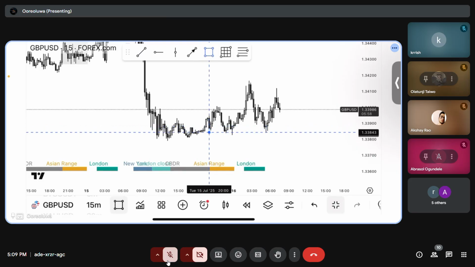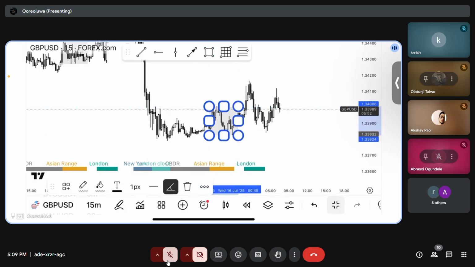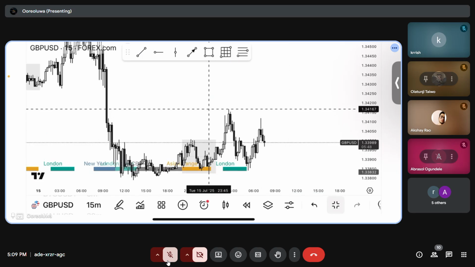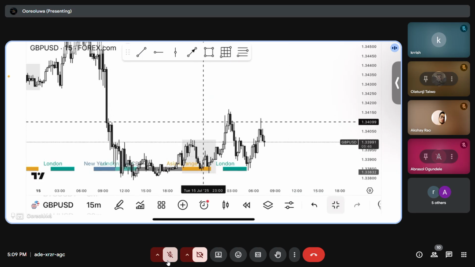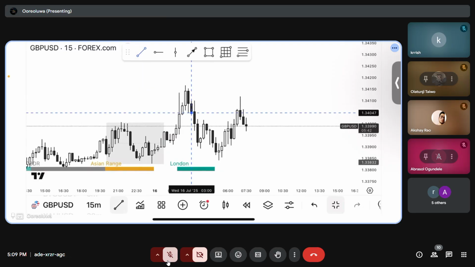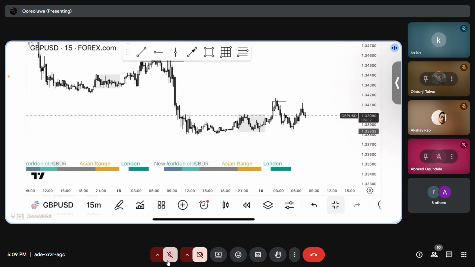So for today's trade also, this was it. So the Asia, right? The Asia low. Sorry, that was Asia high and low. Then this was the fair value gap. So this is what I actually marked. During London, to position myself for a sniper entry, I also marked the swing high, the butterfly model. This is what you discover by yourself while you are learning.